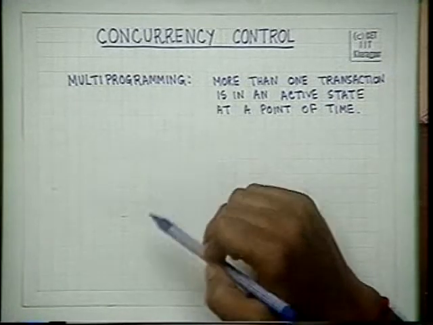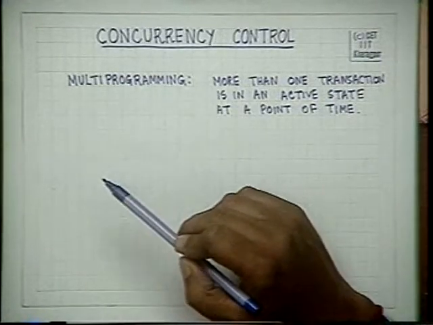This means that instead of running the transactions one after another in a sequential fashion, we can have several transactions